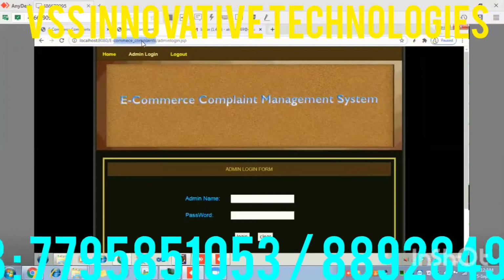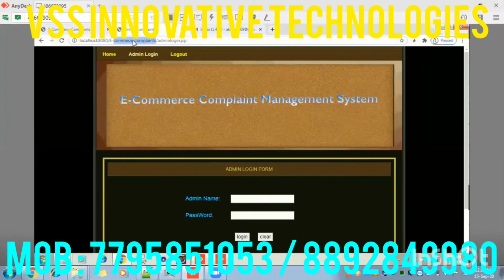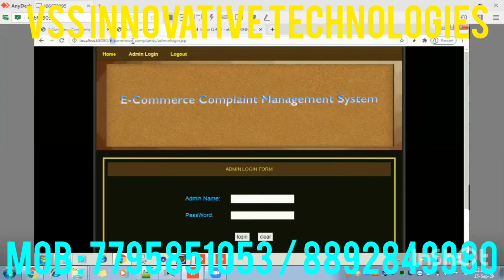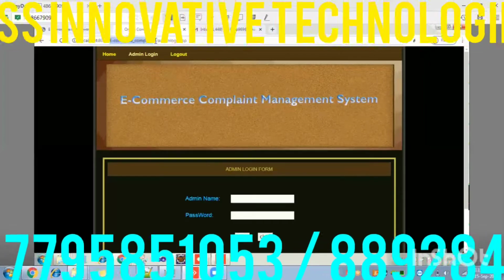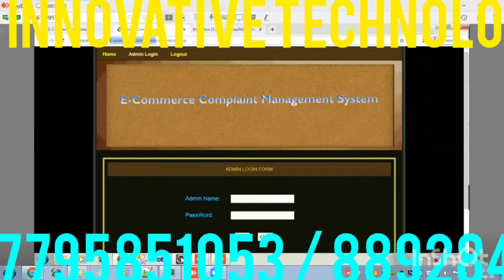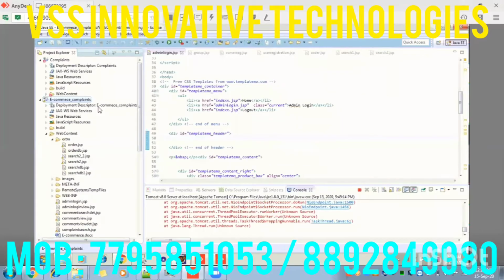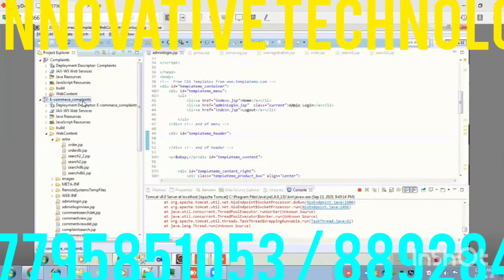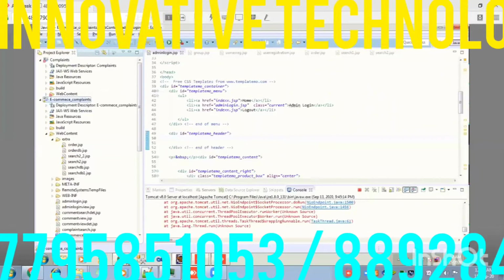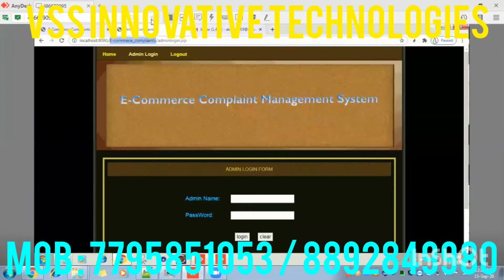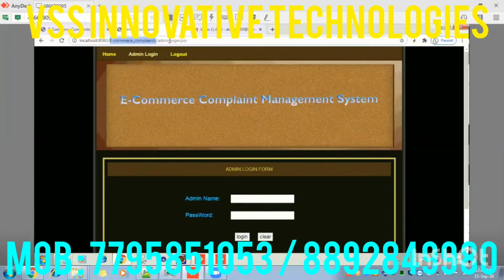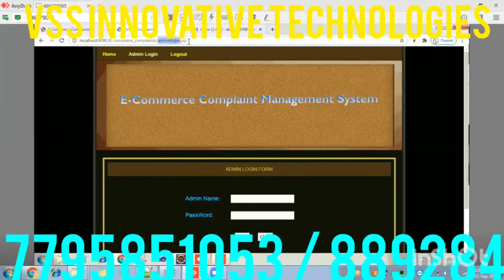Then next is the project name. Whatever name we gave for your project in Eclipse, with that name this URL will also open here. For example, if you give ABCD in Eclipse, here it will come as ABCD. For example, e-commerce underscore compliance we gave in Eclipse, so that is what displays in the browser. If you change it in Eclipse, this will also change. This is the project name. Then what is this one? Admin login.jsp. This is called the page name.